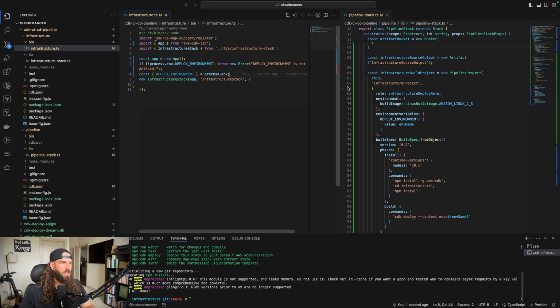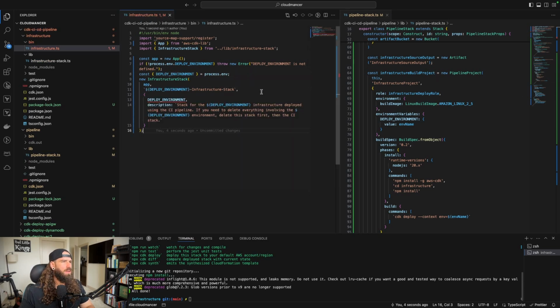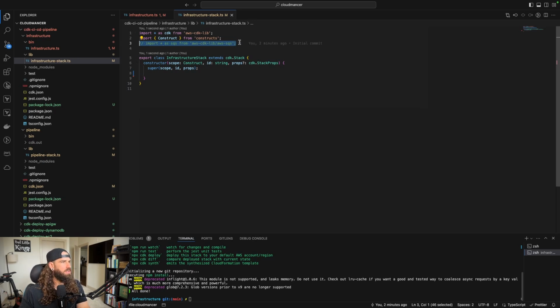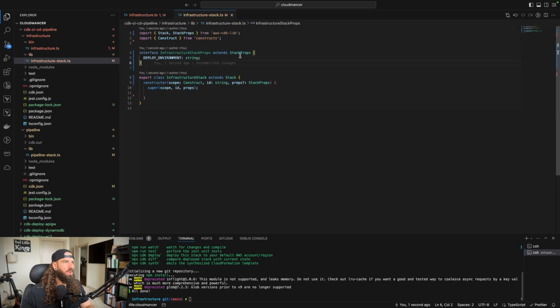So next we'll destructure it here and we'll rename our infrastructure stack to be environment specific with either dev or prod. And then we'll pass the deploy environment here into the stack as well as a description. It's going to yell at us because we actually need to go create an interface like we did for our pipeline. So we'll open up the infrastructure stack here. We'll delete all of this commented code. We'll destructure Stack and StackProps and delete these here. Just like with the pipeline, we'll create an interface that extends the StackProps. We'll change the name of the props here and get rid of the question mark because we're always going to be passing this in.